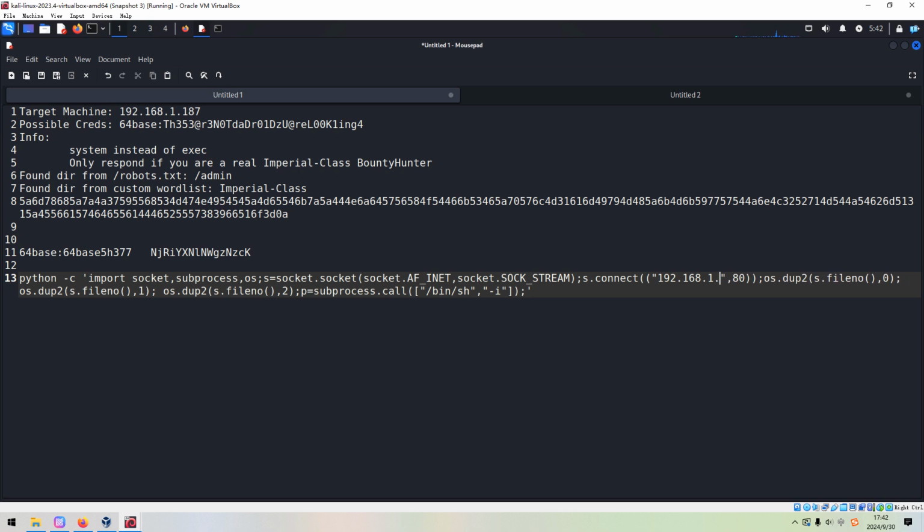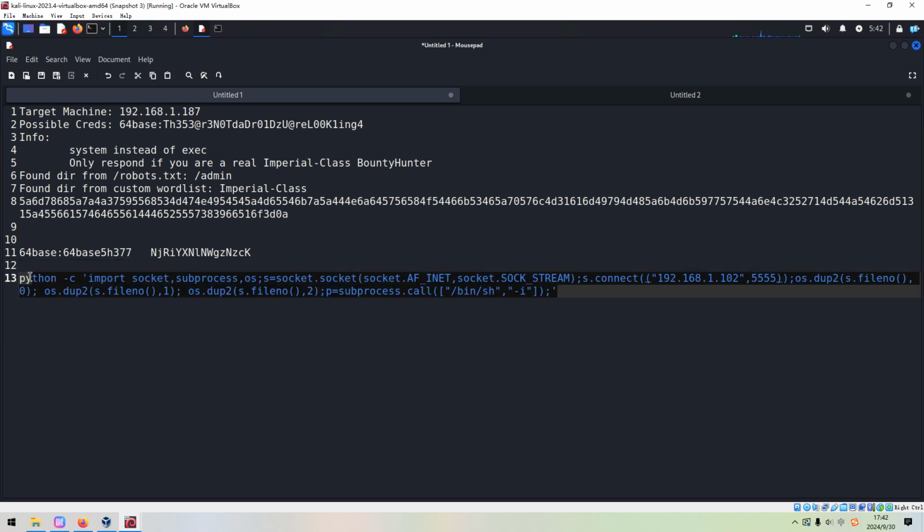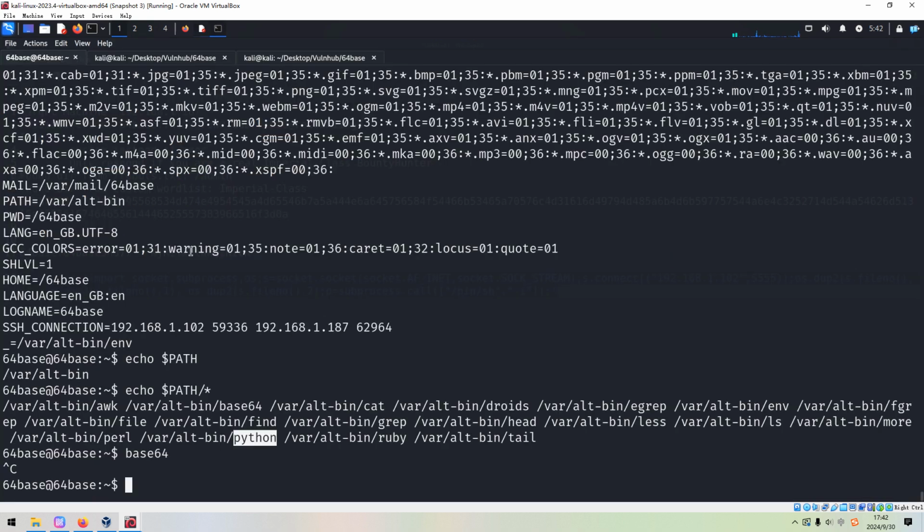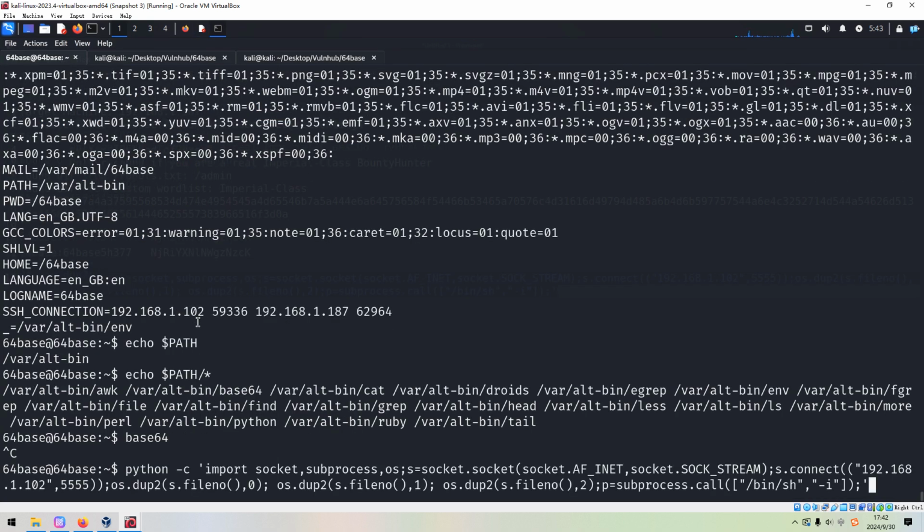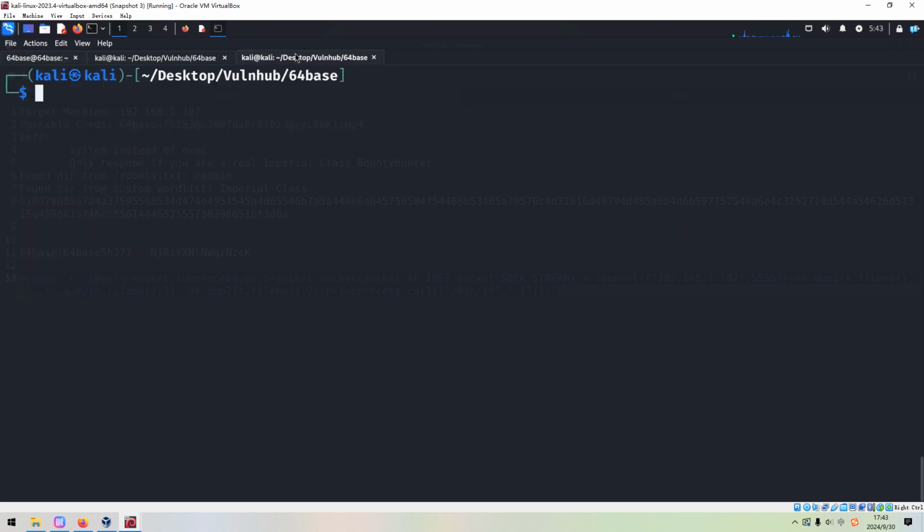Okay. And also I'd like to change the port number to 555. And then we can copy and paste over here. Before I hit enter, I have to set up the listener.